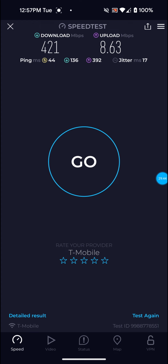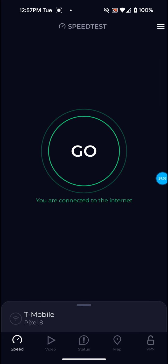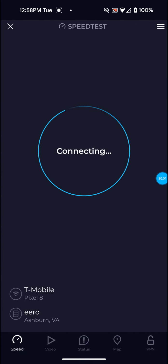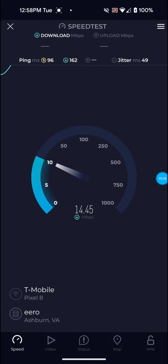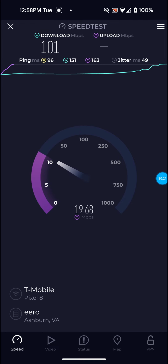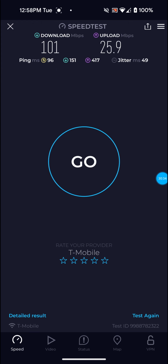But on this one, not really bad on the download, 421, 8.63 on the upload, not too bad, and 44 ping. Let me actually run one more on the Ashburn VA server. .96 ping. And it looks like this one's going to be absolutely horrendous. Yeah, absolutely terrible. That's why I think something's going on with the tower or something, because these are just not normal speeds. So 101 on the download on that one, 25.9 on the upload, not too bad for the upload, and 96